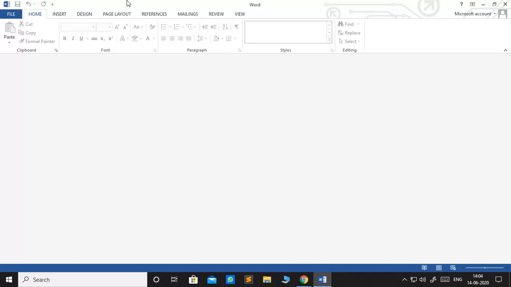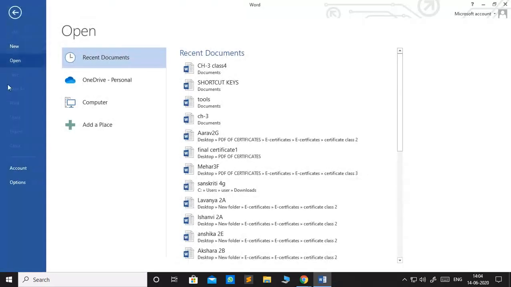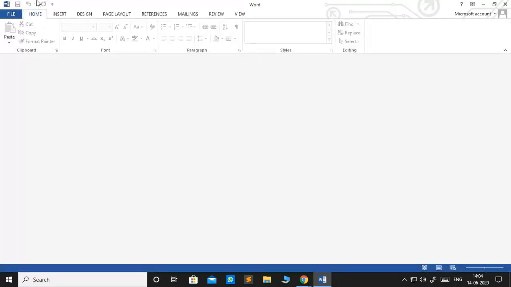My work is over. Now I want to get out from this MS Word application. So what should I do? Simply you go to File and say Exit. But now because we are using shortcut keys, we simply press the Alt key plus F4.